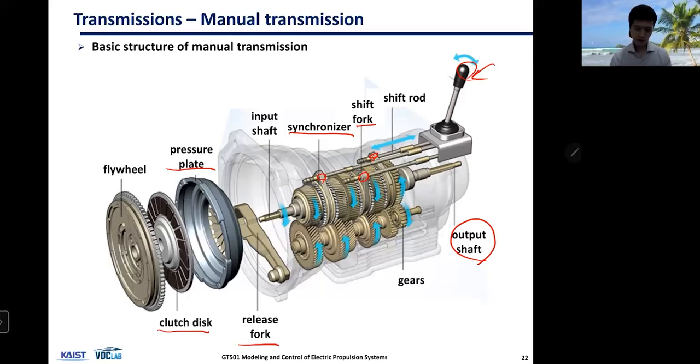If you have multiple gears connected to input and output, then obviously it's going to crash, right? Physically it's not possible. So you need to select a gear and connect one gear at a time, meaning that you need to disengage gears that